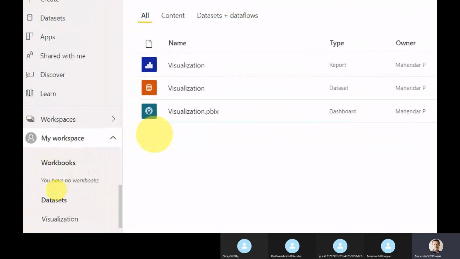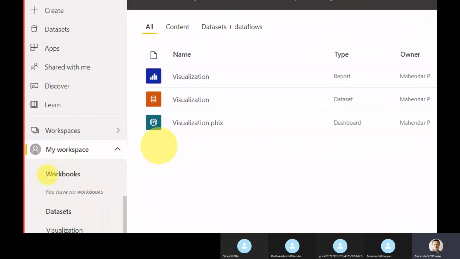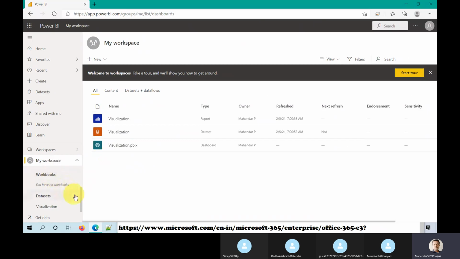Workbooks deal only with Excels, while the other deals with datasets and reports. We will talk about workbooks later. We are only going to discuss datasets, reports and dashboards.